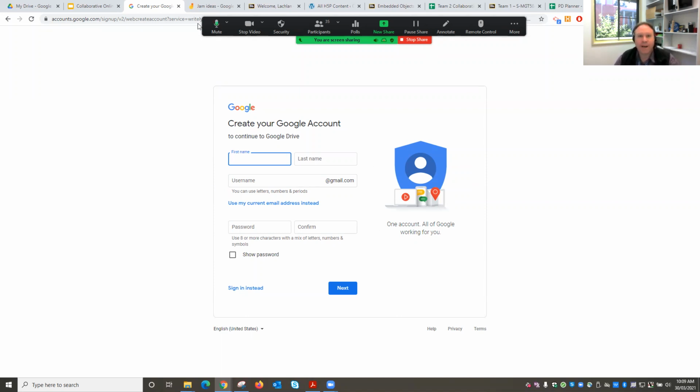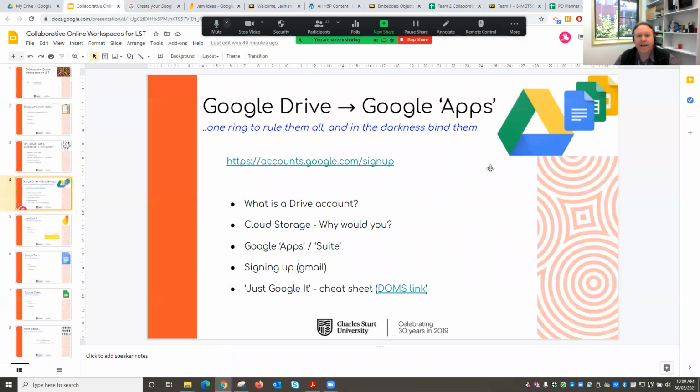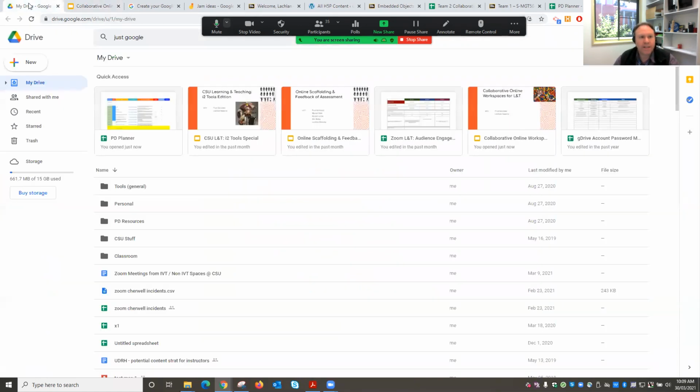But the reason that we sign up for these things is basically that it will give us access to the Google suite of tools. And today we're going to be looking at four, I guess, of some fairly popular ones. Google Drive itself, once we sign up, is, as I said, that online storage repository. And it will give us up to 15 gigabytes of storage, and it gives us access to the Google suite of applications. So what I'm talking about, basically, if I click on my Google Drive account over here,